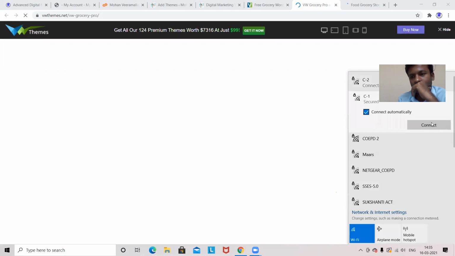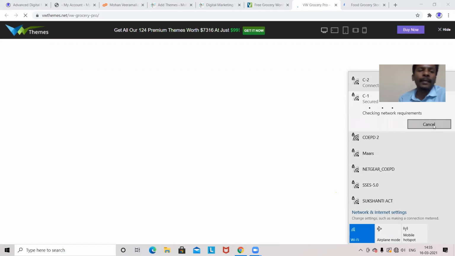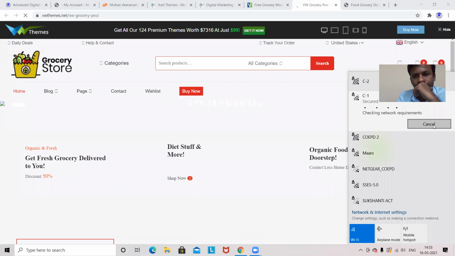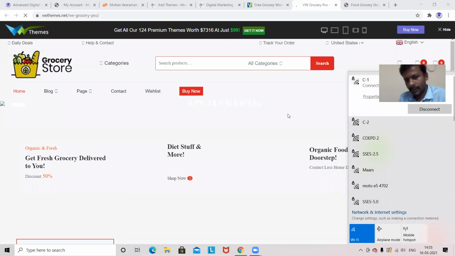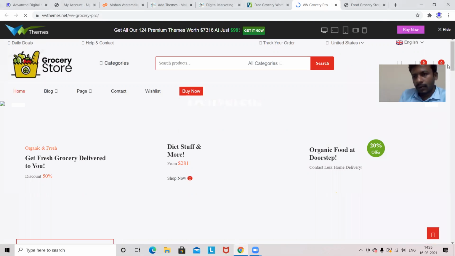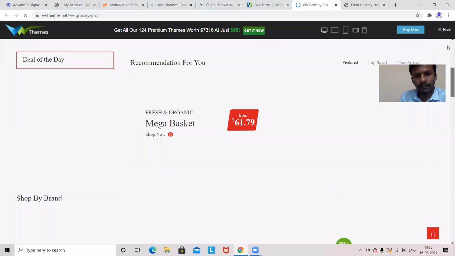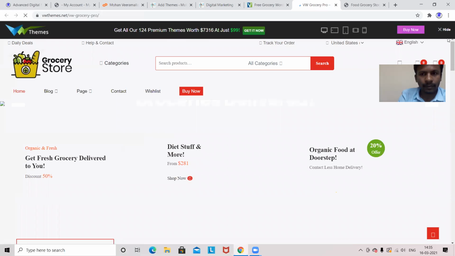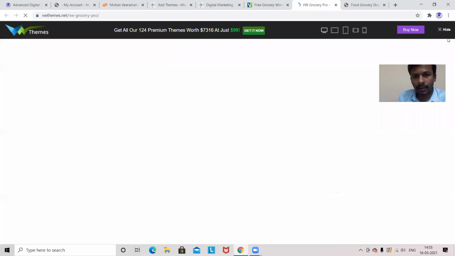Try to change the connection. Your internet connection is unstable.